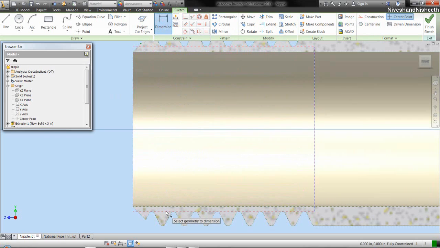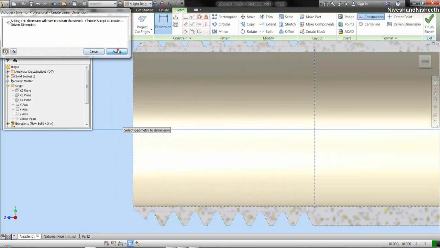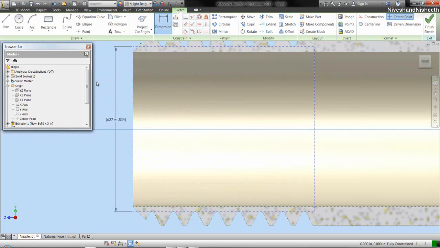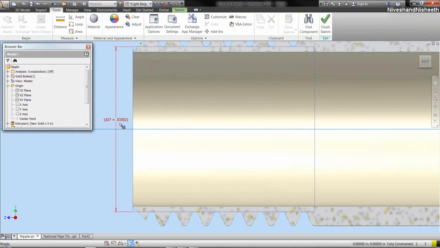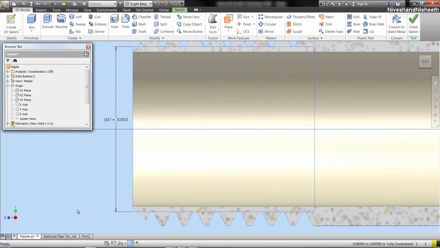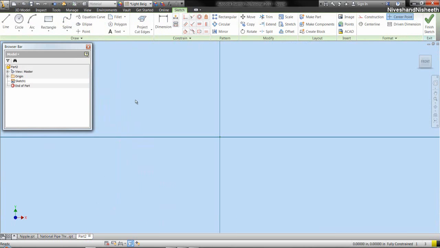We will fix the driven dimension over the rectangle. In this driven dimension that you are displaying here, we will use this dimension to make the inside hole of the socket. Okay, that's it. Go back to the part 2 file